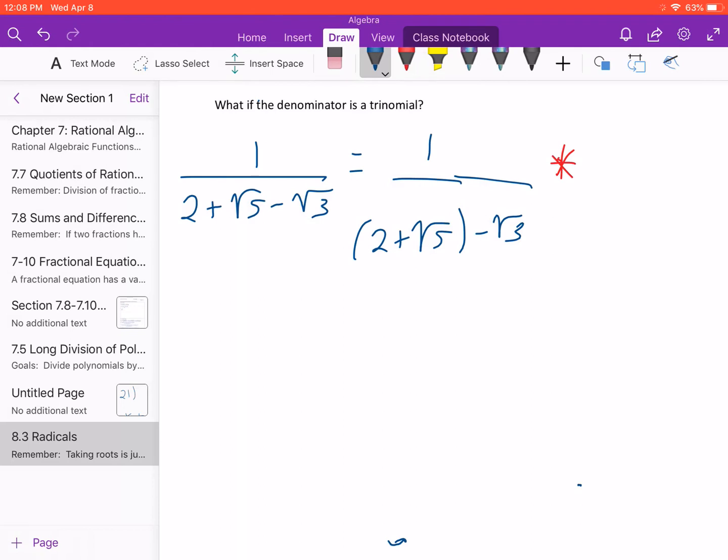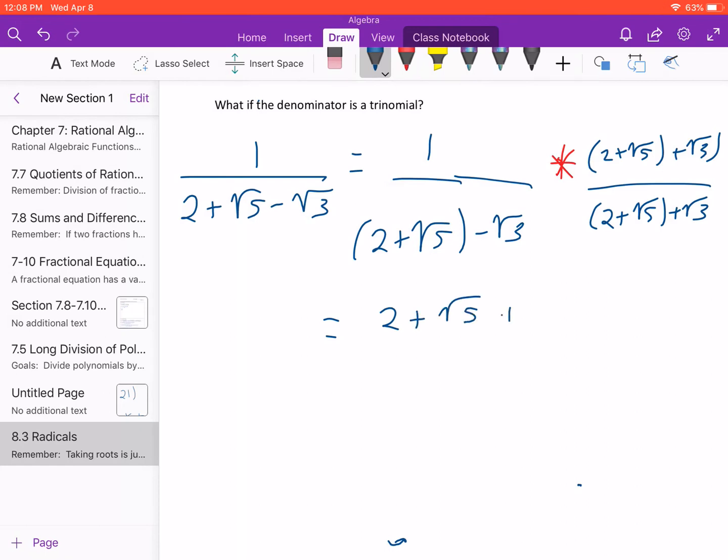And the conjugate here would be 2 plus radical 5 plus radical 3 all over 2 plus radical 5 plus radical 3. And when I multiply those across, I am left in the numerator with 2 plus radical 5 plus radical 3